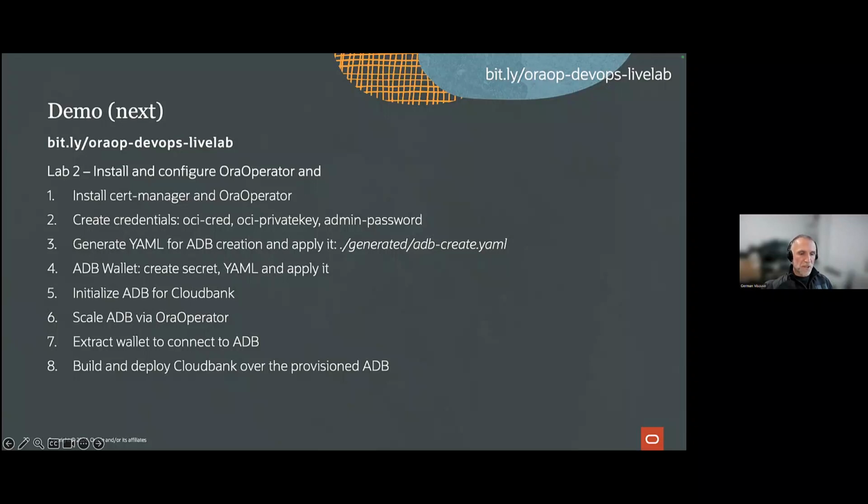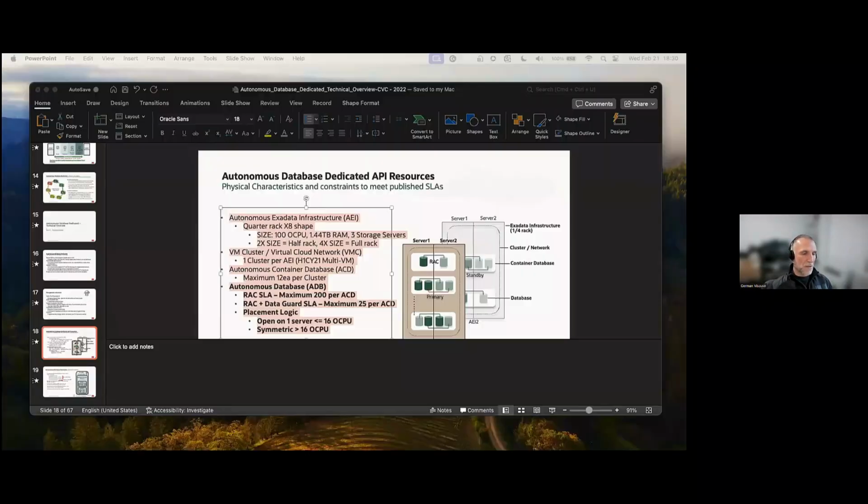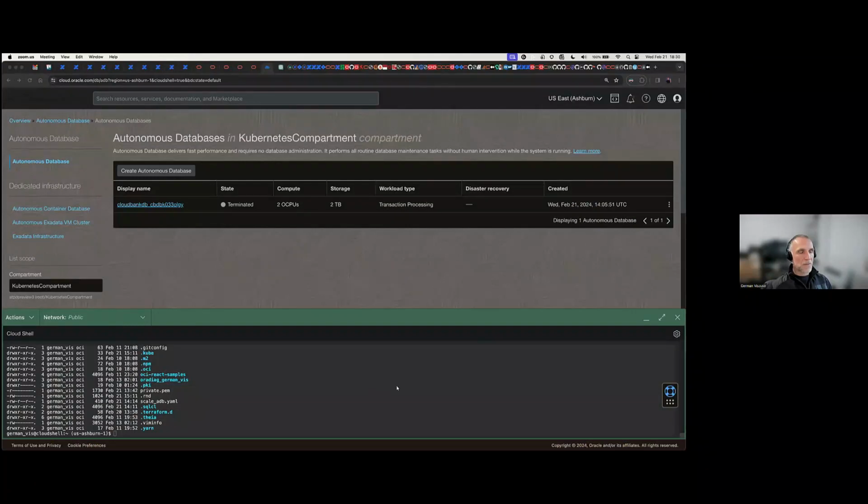So I'm going to switch my screen right now. So let me just stop sharing. Okay, I will share again. Let's share desktop 3. Okay. So you should be seeing right now, 1 sec.